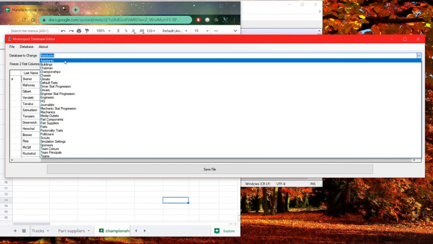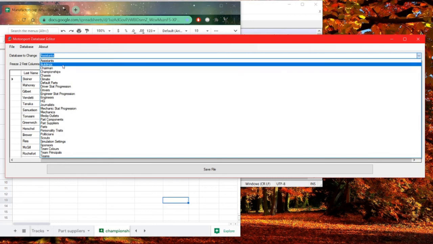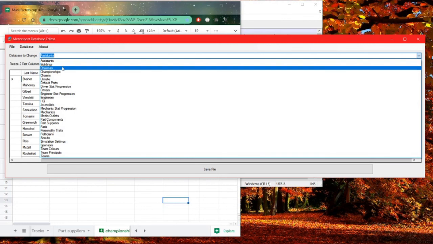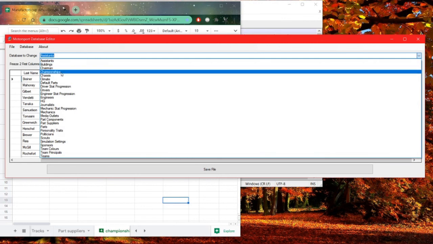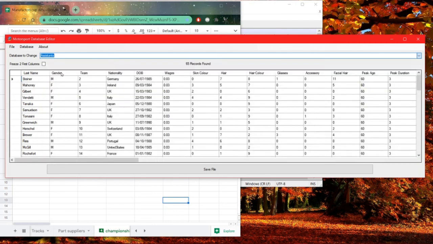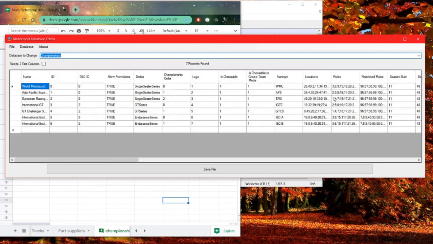You have assistants, which is the assistant that emails you things throughout the game. You have stuff related to buildings at your HQ. You can change your chairman's name if you want to do that. Championships is related to the